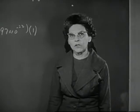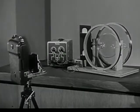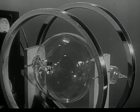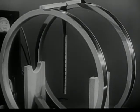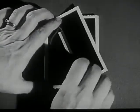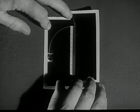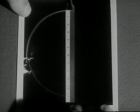Now, of course, we can't put a ruler inside the tube and measure R directly, so we have to use some kind of trick. There are a number of ways we could do this, but what I've done is this. I've taken a picture of the circle formed by the electron beam. Then I've removed the tube, and I've taken another picture of a scale put in exactly the same plane occupied by the beam. Here are the pictures. I've cut this along the scale, and now I can use it to find the diameter of the electron beam. The diameter is 11 centimeters, and R is half of this, 5.5 centimeters,